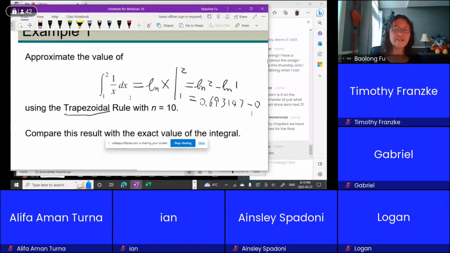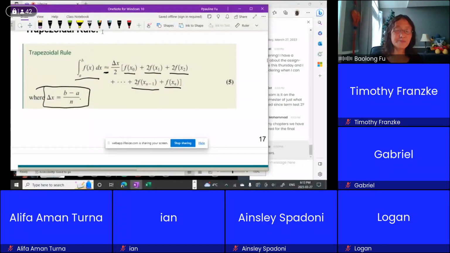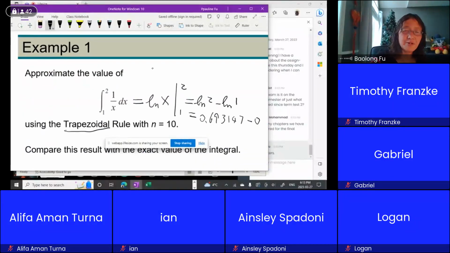So we are going to use this one here. What is our A? What is our B? A equals 1, B equals 2 in our example here. See, this is our A, this is our B. So A is 1, B is 2. And then how many n? n is 10. So when you have n equal to 10,